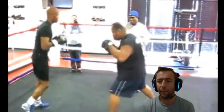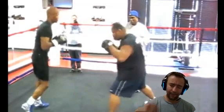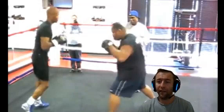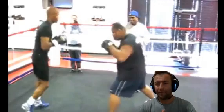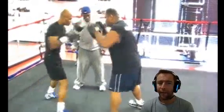And again, look at him bringing his feet together. I don't want to say he's rhythm stepping, but it's part of his pendulum walk, but he's not organizing the way that he gets off the line after he makes an attack. And this makes it